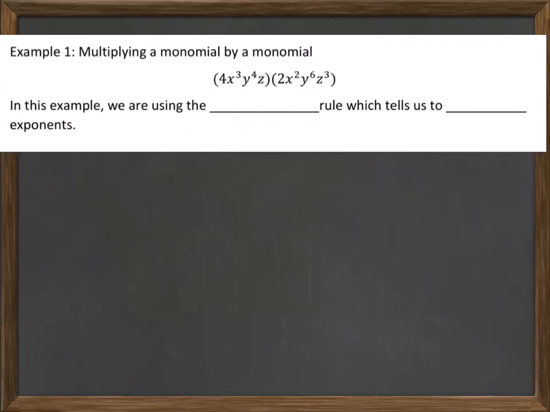Let's begin. In example 1, we're actually going to start with not a polynomial, but a monomial. So let's multiply a monomial by another monomial. In this example, we are going to be using the product rule of exponents, which tells us to add the exponents. So I invite you to remember that 4x cubed y to the 4th z times 2x squared y to